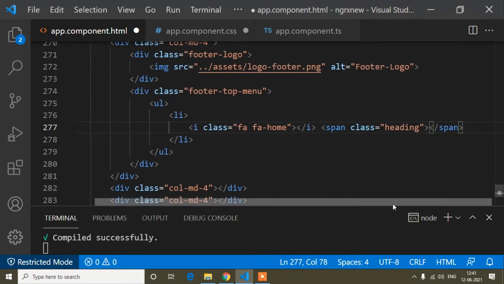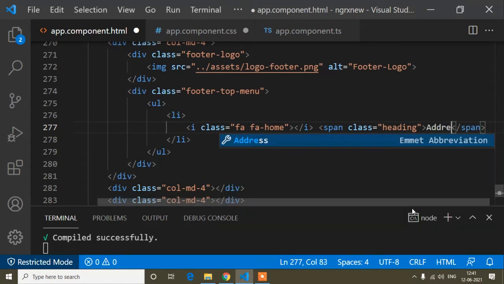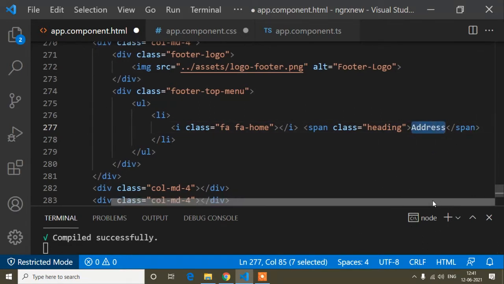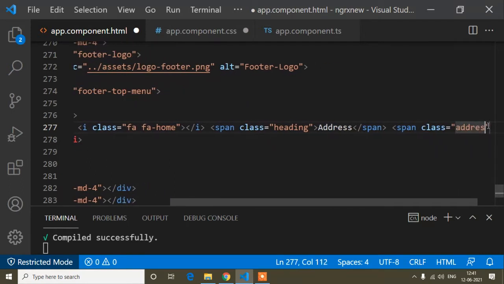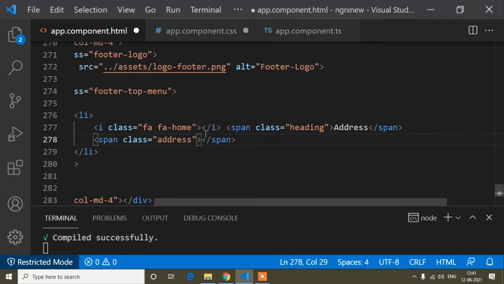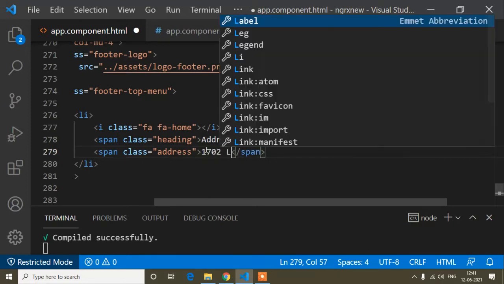Like guys, here I will try to explain again. So first of all, inside this span tag here I will write address. And after that here I will write another span tag, and the class name I will write address, and in this span tag I will write the address content, that is 1702 Los Angeles, California, comma.